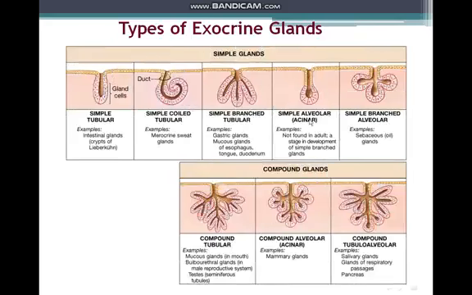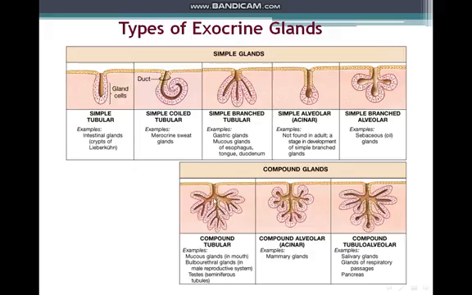Here we have the same forms, but with examples. So we have simple tubular, such as intestinal glands, as in the crypts of Lieberkühn, or simple coiled tubular, such as in the sweat gland, or we have simple branched tubular, as we mentioned in the gastric gland, and we have simple alveolar, as we mentioned in the embryonic development of certain duct systems, also found, and we have simple branched alveolar, such as in the sebaceous gland,